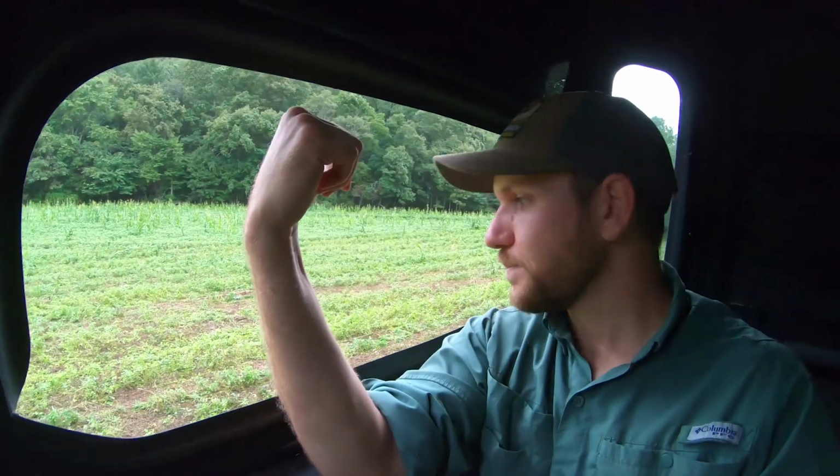Had been up top in another food plot, but we just decided, you know what, we need to make that thing a permanent stand location, provide us great access in, and then be able to hunt over the dynamite food resource that is in this area. So a little bit about that. What you're looking at back behind me is